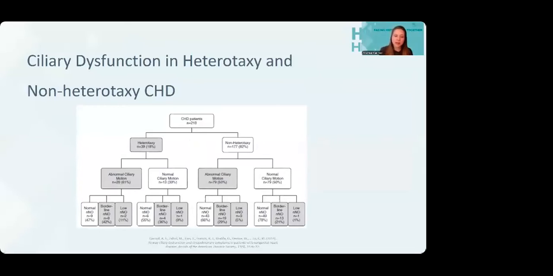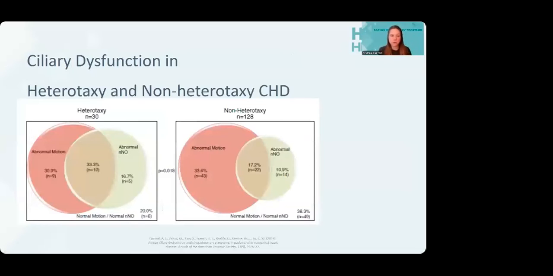And then similar to the last study, we looked at those two groups, heterotaxy and non-heterotaxy, and divided them up by whether or not they had abnormal or normal ciliary motility, their nasal nitric oxide levels, and also did a questionnaire for respiratory symptoms. In our group, you can see in these diagrams that in general, the heterotaxy group had